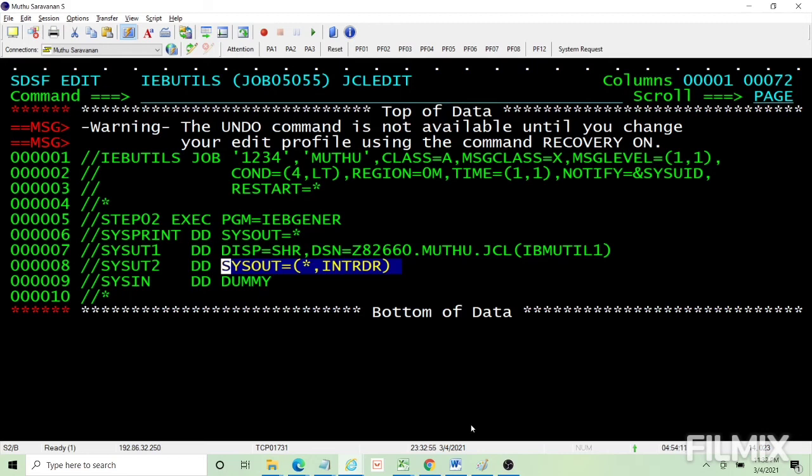Take this DD, allocate the DD in your program, and write whatever you want to submit, like the job card, EXEC card, DD cards, everything, into this file allocated to SYSUT2. When you close the file and the job ends, whatever you have built inside the program against the data set is going to be submitted to the spool. This is how you submit a job from a COBOL program. So be aware of this: SYSOUT equal to star comma INTRDR.